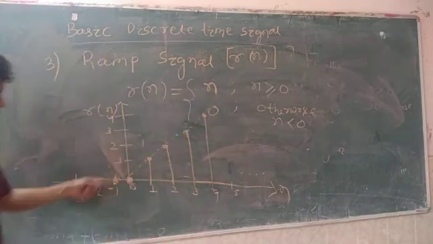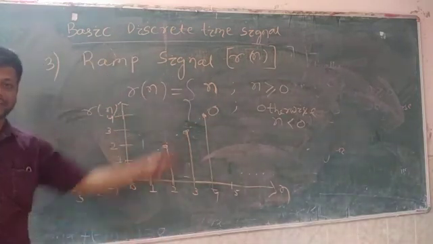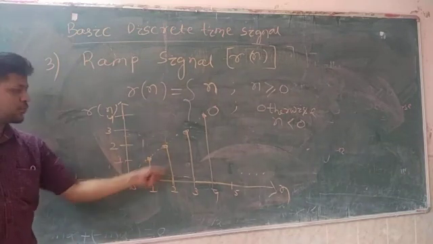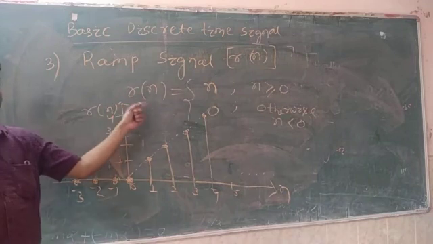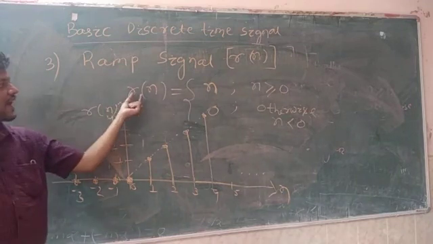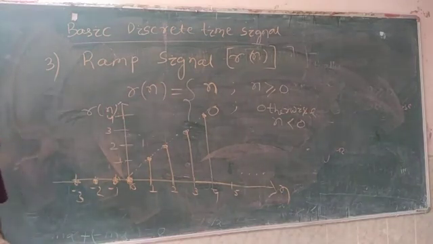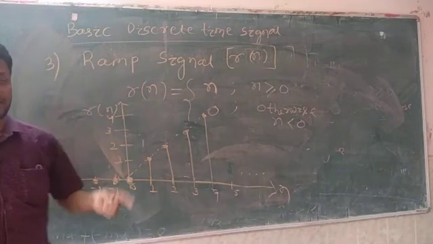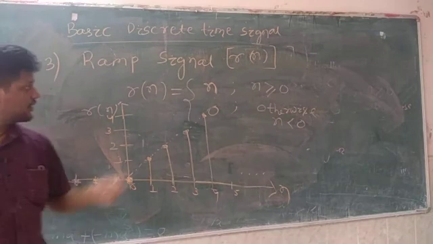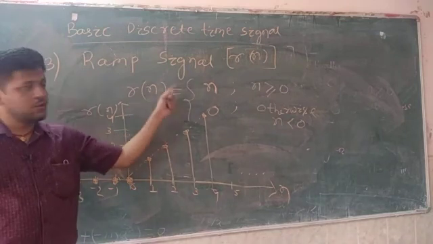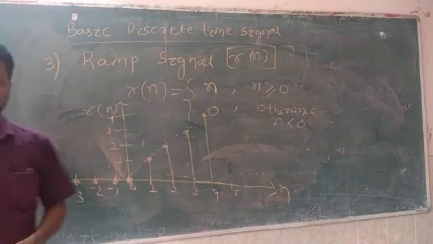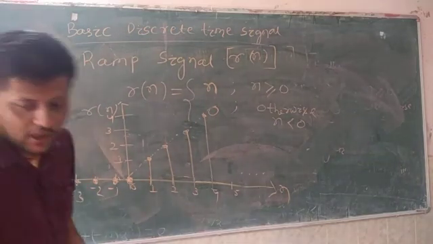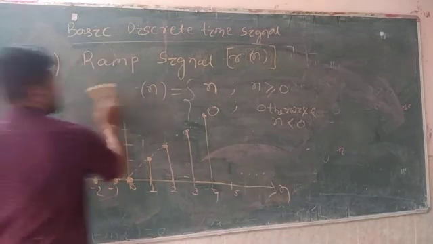You have to draw a straight line, y is equal to mx. When that straight line is converted into a discrete time signal, it will look like this. Here, instead of y is equal to mx, we write r of n is equal to n, and that represents the ramp signal, denoted as small r of n, where r of n is equal to n only when n is greater than or equal to 0. So now the question is how to draw r of n minus 2.